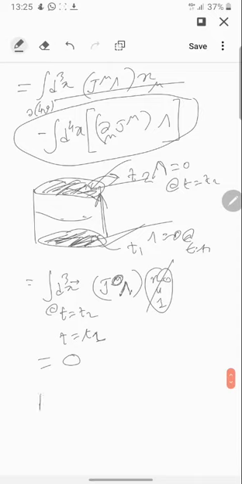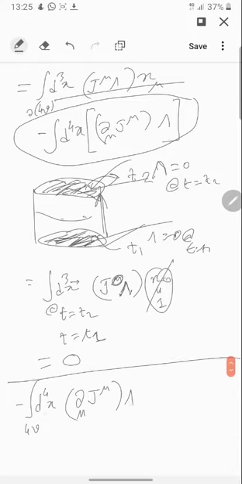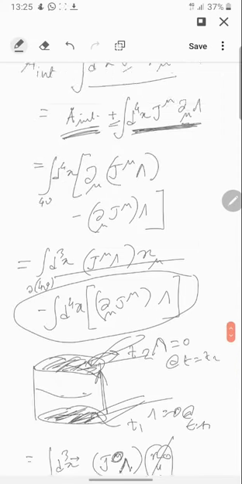What is the second term? The second term is the d4x integral defined all over the 4-dimensional space. There is a minus sign before, and then del mu j mu multiplied by lambda. See here, this lambda and this integral is all over the space time points, that is all space time points are there in this integration. So, we cannot say we will choose lambda equal to 0 here, because we could choose lambda equal to 0 at T2 and T1 because these are just two boundary surfaces of our integral. But if in this term we say that lambda is 0, that means lambda will be 0 all over the space time. That means we have not gauge transformed at all.